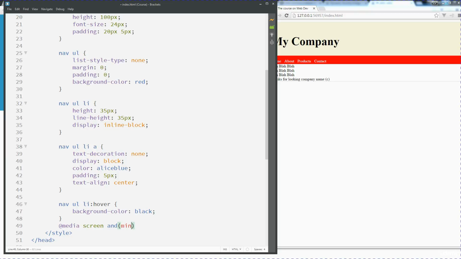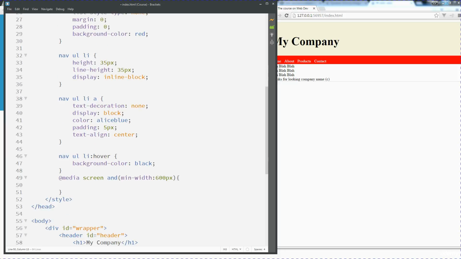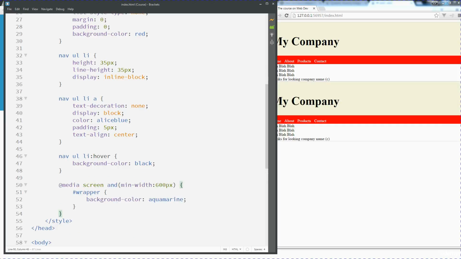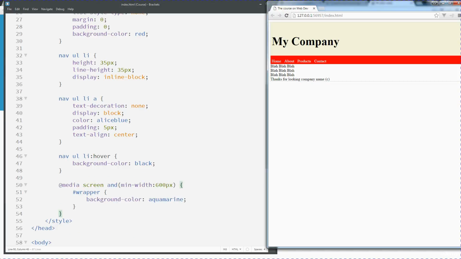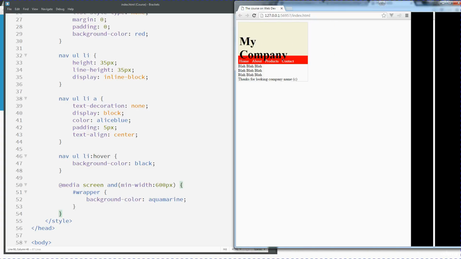So maybe we want to set a min width and have different styling take place at 600 pixels or something like that. And all of the styling in between here is what's going to take place there. So just to demonstrate, we'll do wrapper, we'll do background color, and we'll give it a greenish background color. So whenever we shrink it down below 600,